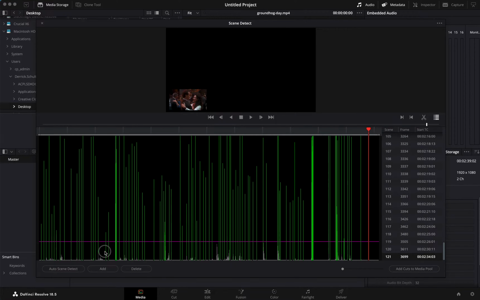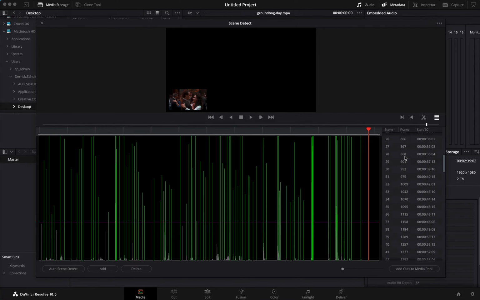You could honestly just do this, but that would be a nightmare because you have to go through every single frame. But you could set a score where you say, hey, I just want to grab more than less, and then figure it out from there. Once you've set the position here, what we want to do is go through the frames one by one and check to make sure they're correct.